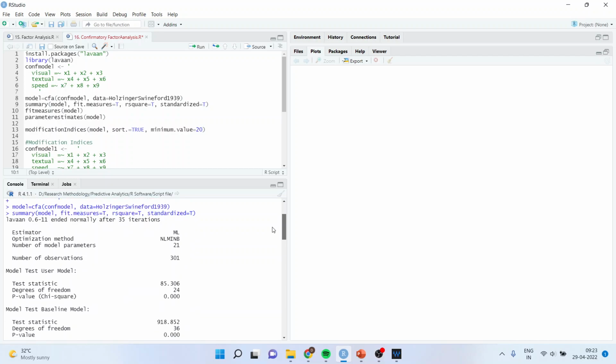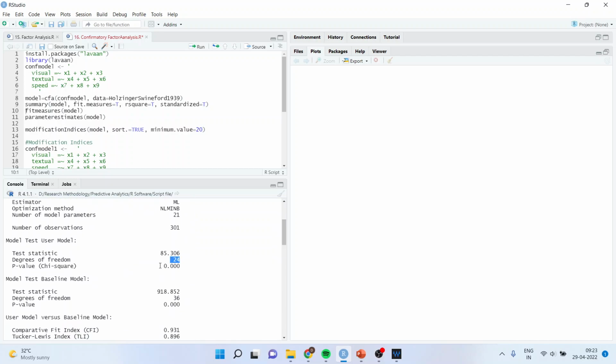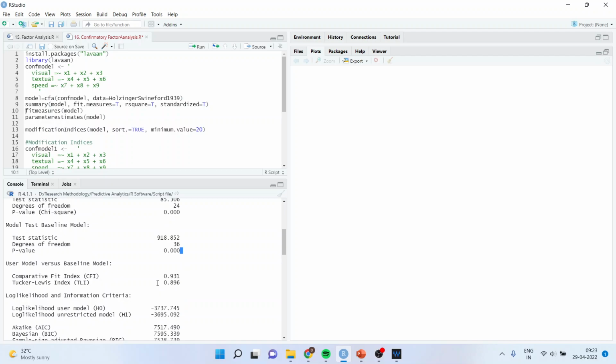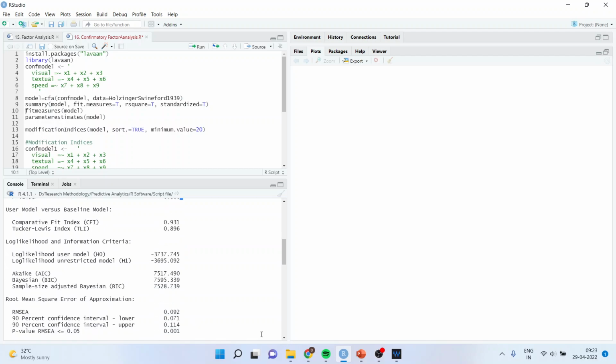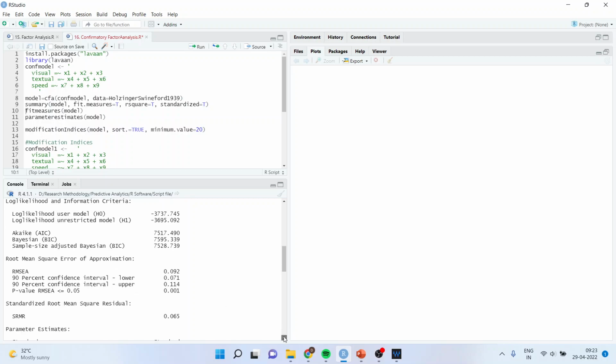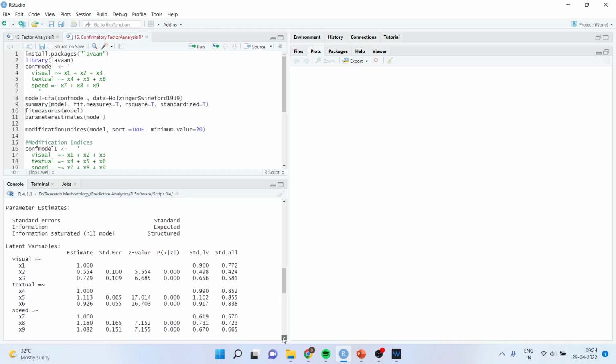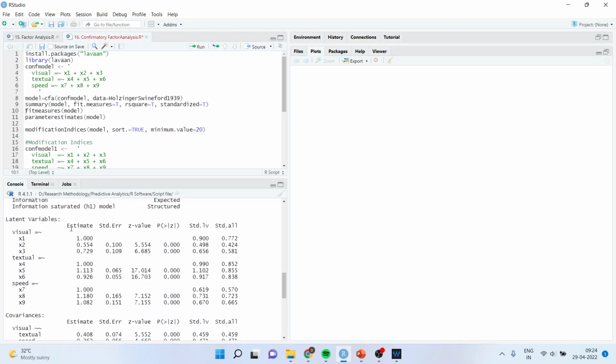Then it will give you degrees of freedom, p-value, test statistics and its p-value, comparative fit index, CFI, Tucker-Lewis index, log likelihood of the user model and unrestricted model, Akaike information criterion, Bayesian information criterion, then RMSEA, root mean square error of approximation, RMSEA lower 90%, upper 90%, p-value of RMSEA, standardized root mean square residual,